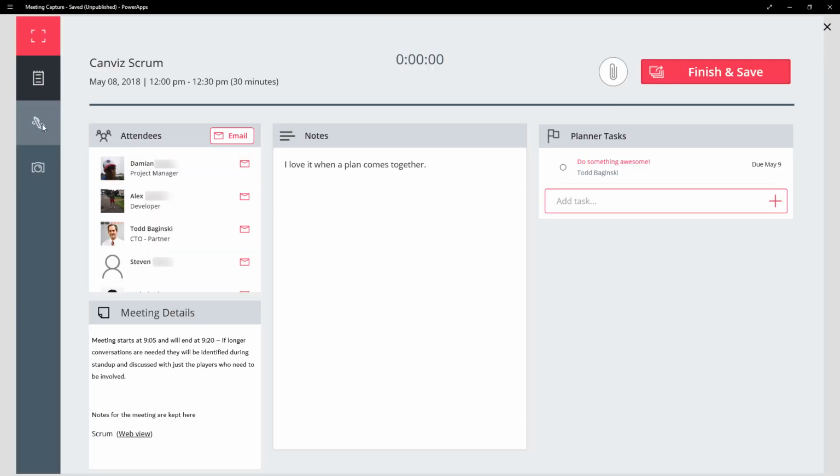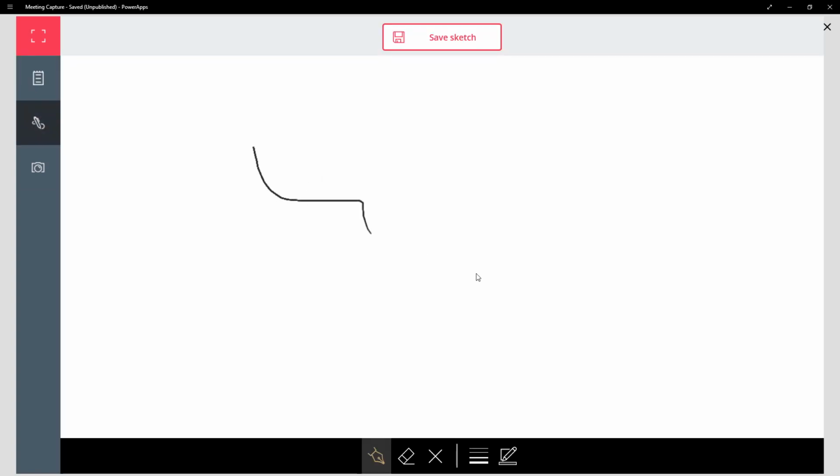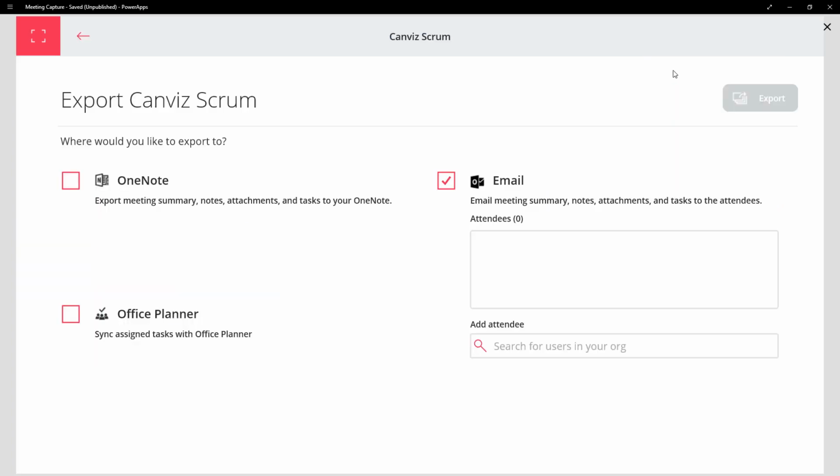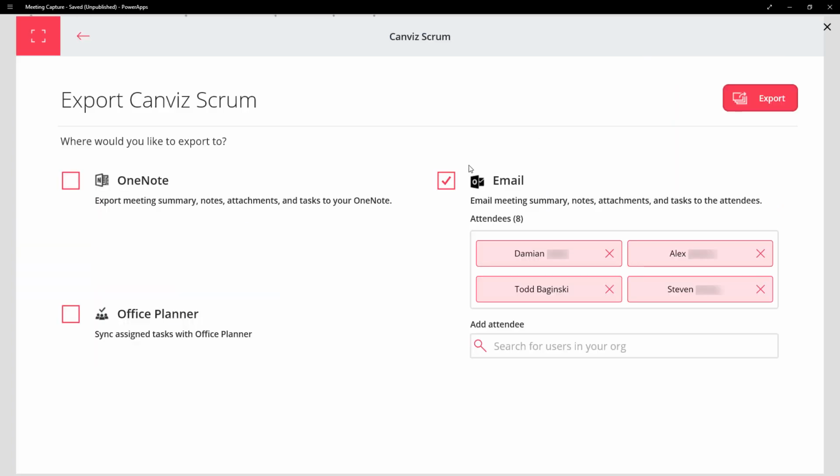The application also gives you the capability to use the sketch pad here to draw sketches, or to click on the image for the camera and to take a picture on your device and put that with the meeting notes as well. Those two items are not able to be exported to OneNote at this time, just the information you see on this screen. When you're done taking your notes, you click Finish and Save, and then I'm going to